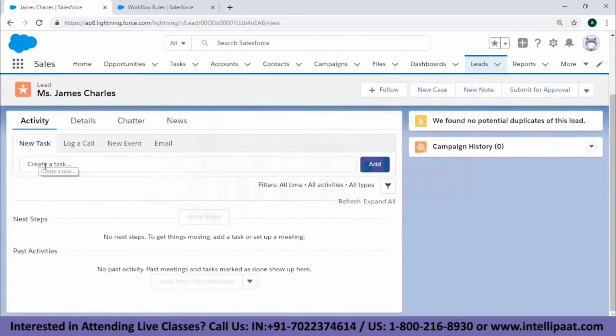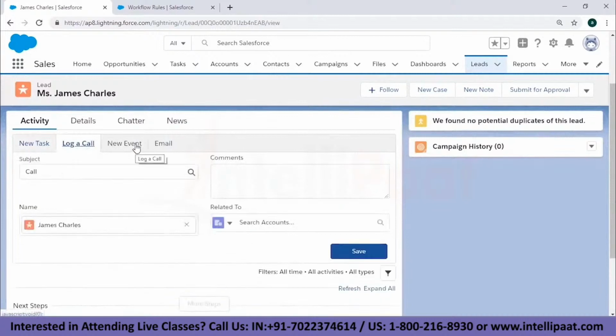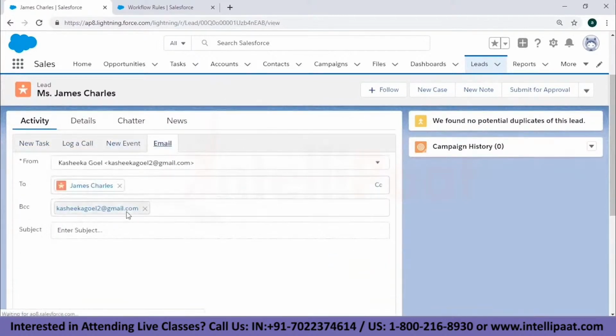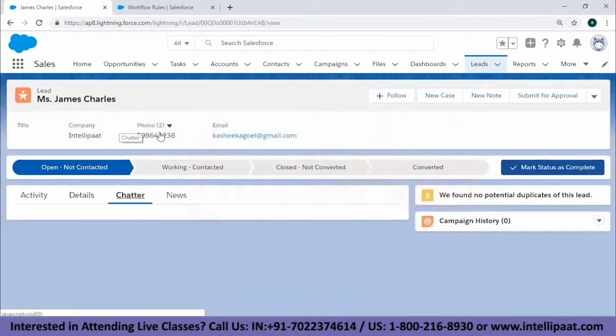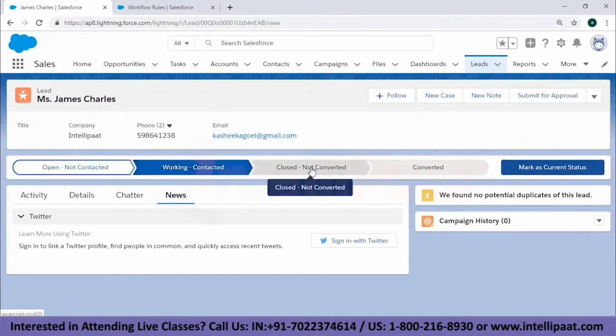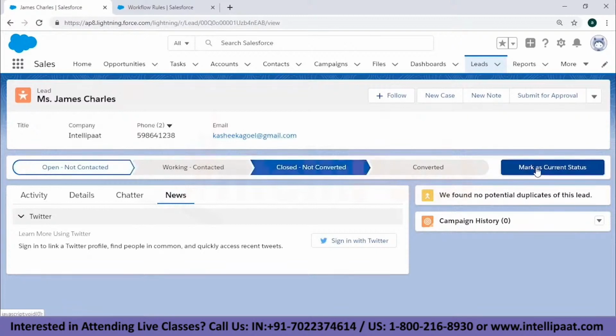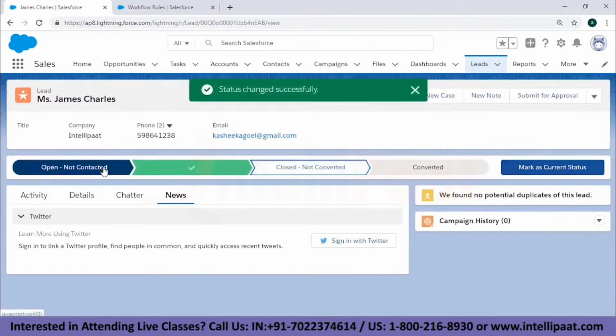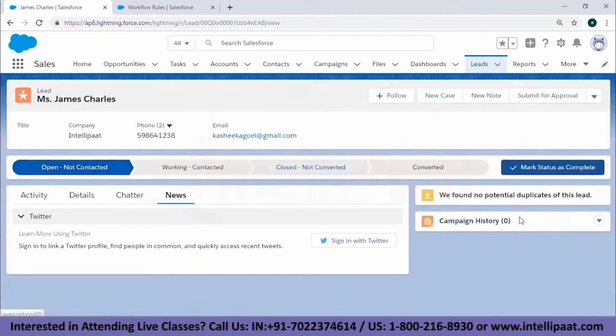You can create a new task, you can log a call, you can create an event, you can send them an email which will directly send it to them. Then we have details, chatter, news. Alright, and then we can change this to working, contacted, closed, converted, and we can save this as mark status as complete. But then we can change that to the first one as well.